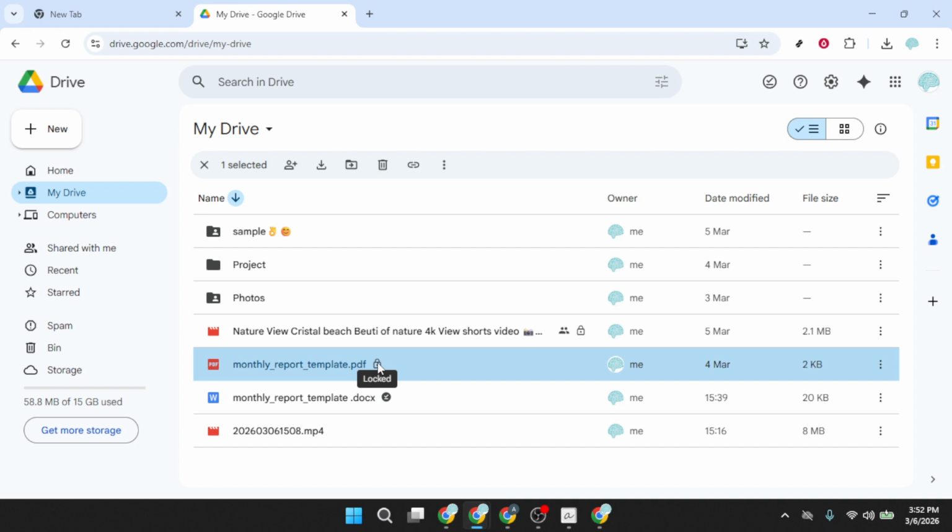people have access. A couple of notes for clarity. Locking does not completely hide the file from people who already have access to it. It simply restricts changes, which is especially useful when you're finalizing a report, a budget, or any document where consistency matters. Your file will still live in the same folder, and you can continue to open and view it as